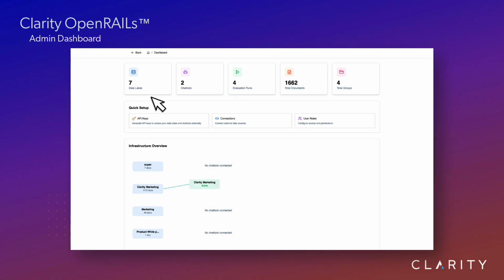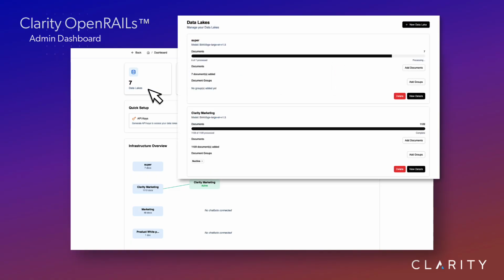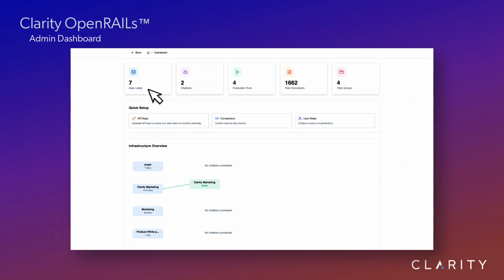The first section we see across the top are the reporting widgets. These widgets provide two main functions. The first is to let us know how many items of each type have either been created or ingested. The second function lies in the fact that every element on this dashboard is linked to the associated item. For example, clicking on Data Lakes takes us to the Data Lake Management dashboard, clicking on Chatbots to the Chatbot